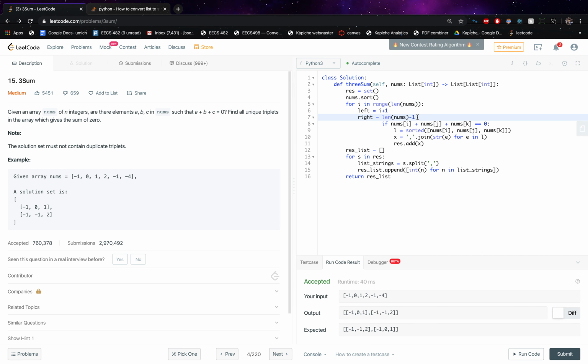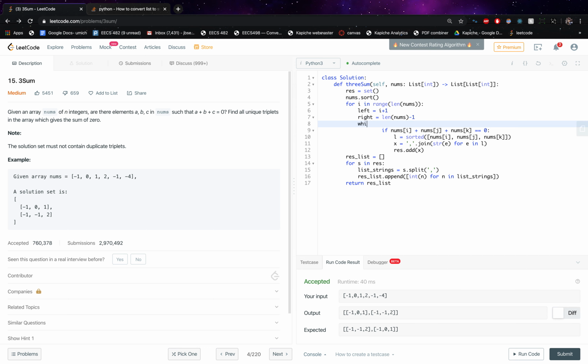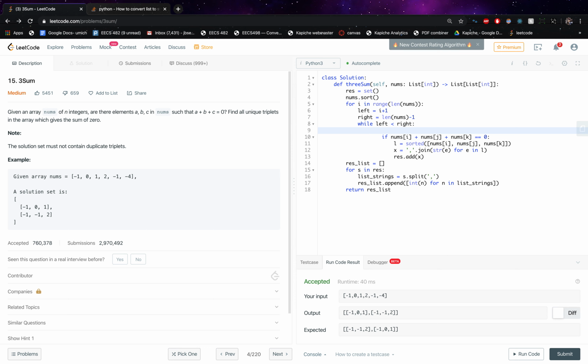Oh god, how do I explain it? If the current sum is greater, then we can be moving our right pointer down, and if our current sum is less than 0, we could be moving our left pointer to the right. It's kind of a way of, instead of iterating through everything, we can narrow down the approach by having 2 pointers on either side. So while left is less than right, strictly less than, we can't have them being the same. What we're going to do